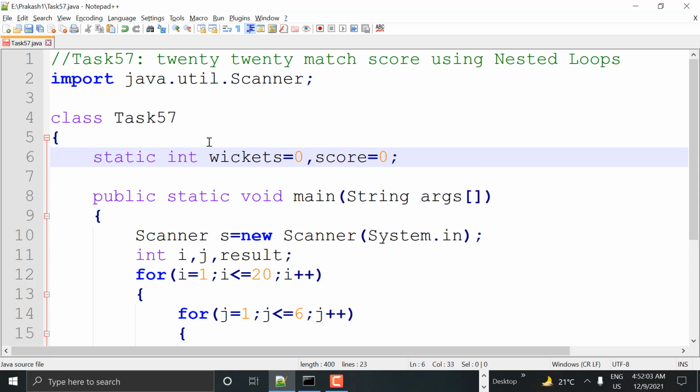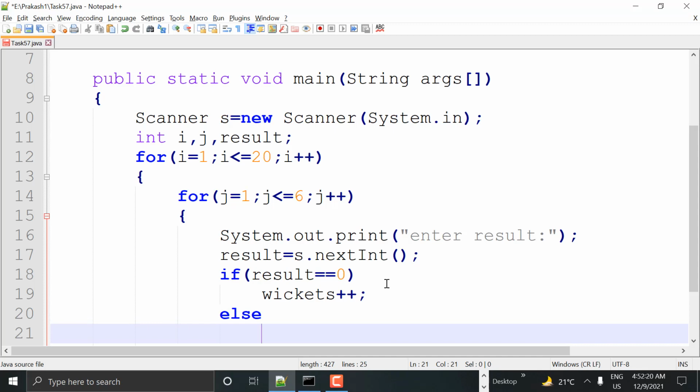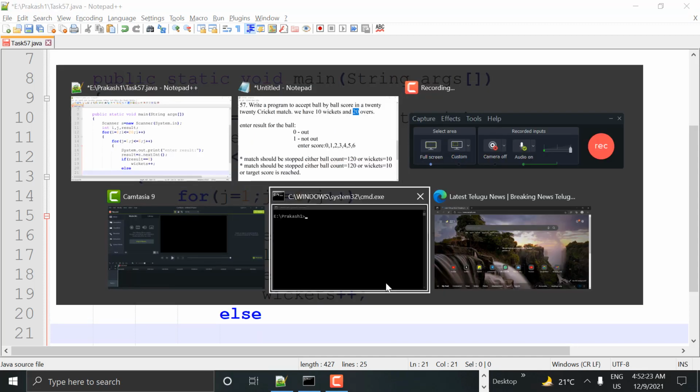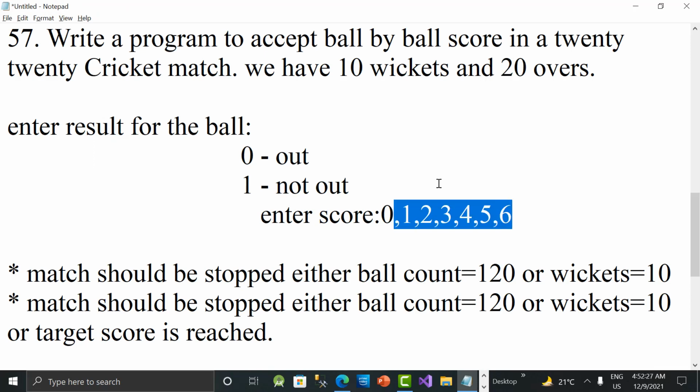Score we need to increase, and of course wickets also. If out, we need to increase wickets; if not out, we should ask the user for the score, and then we have to increase the score, guys. Result is 0 means out, so wickets plus plus. Else if it is a non-zero value, 1, meaning not out, then we should ask for the score.